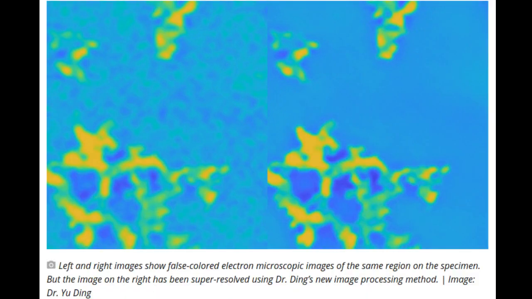Since the early 1930s, electron microscopy has provided unprecedented access to the alien world of the extraordinarily small, revealing intricate details that are otherwise impossible to discern with conventional light microscopy. But to achieve high resolution over a large specimen area, the energy of the electron beams needs to be cranked up, which is costly and harmful to the specimen under observation.